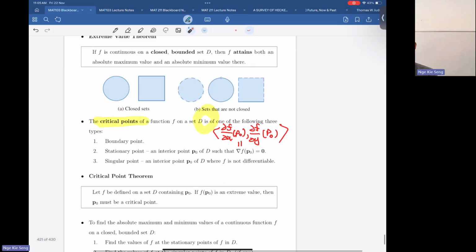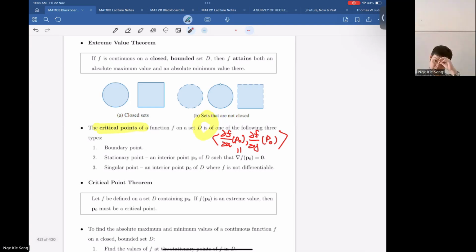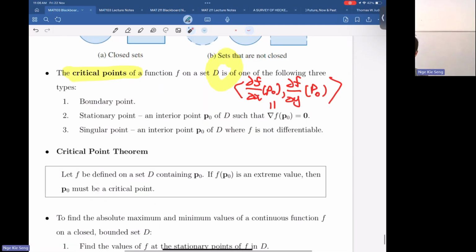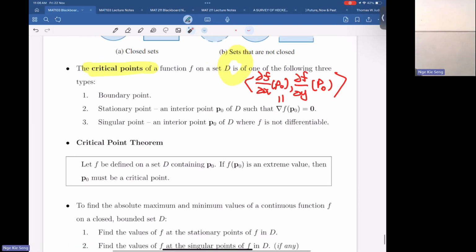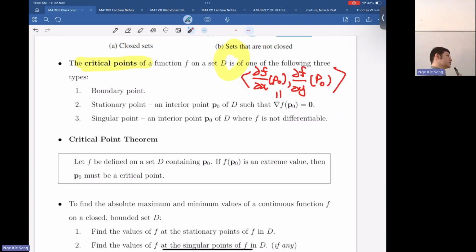Okay, so let's go to computational. So extreme value theorem says that if your f is continuous on a closed bounded set, then f has an absolute maximum value and absolute minimum value. But it doesn't tell you how to find them. 没有告诉你怎么找，它跟你说你有吧。Okay. But how to find them? So we rely on this critical point theorem here. So critical point theorem says what? If f(p naught) is an extreme value,